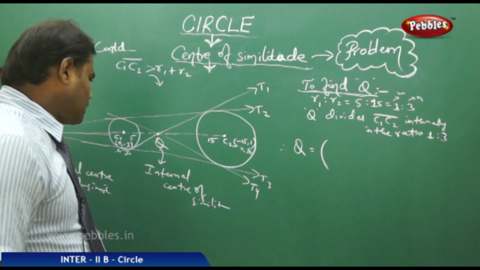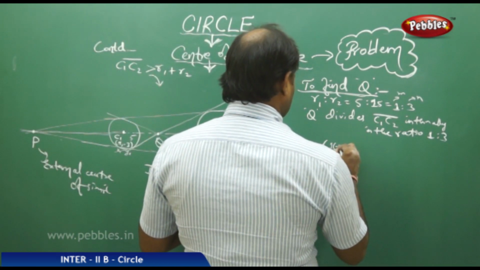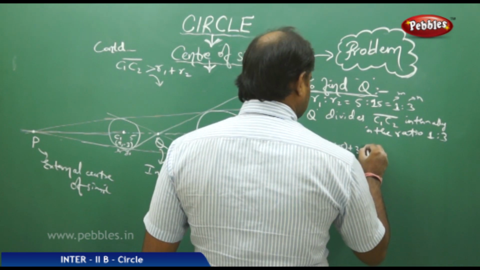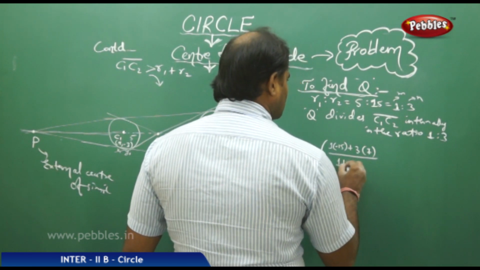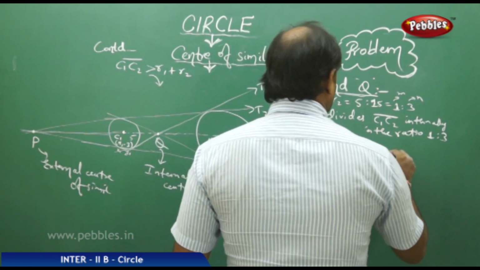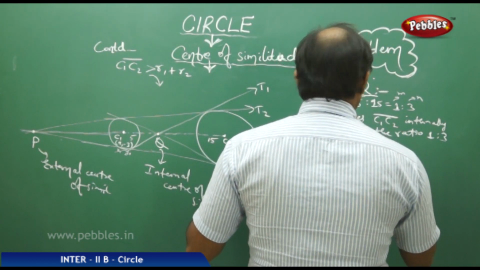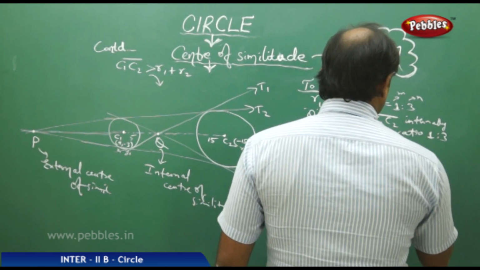So using the formula mx2 plus nx1 by m plus n, and then my2 plus ny1 by m plus n,